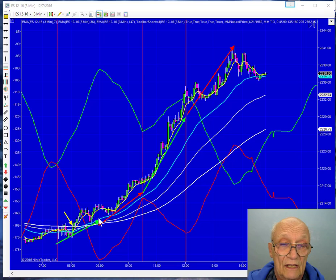moon tide energy. Then we got this hesitation. That would have been 11 o'clock Eastern. Looked like a little pullback, but the moving averages are just showing this. This is a continuation buy right in here. And so we were following the piece of the red moon tide,